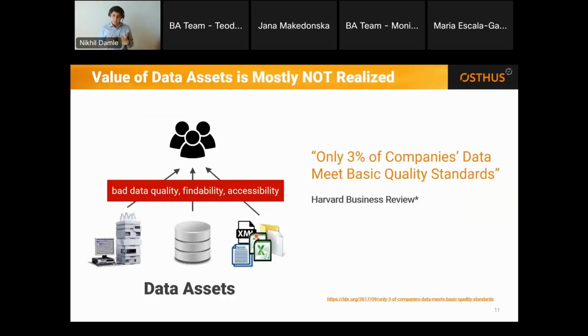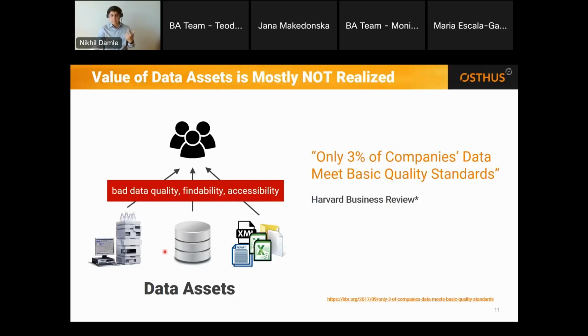In our experience with the different projects that we are involved in, we have this kind of scenario: the value of data is not realized, or it is underestimated at best. So here is a scenario that I have mentioned here. Your data assets lie on one side, while the data consumers are on the other side. In between lies a fence, unfortunately a thorny one. Why do I say that?